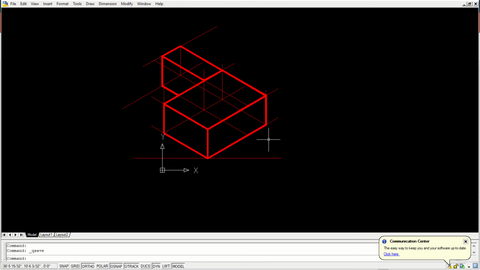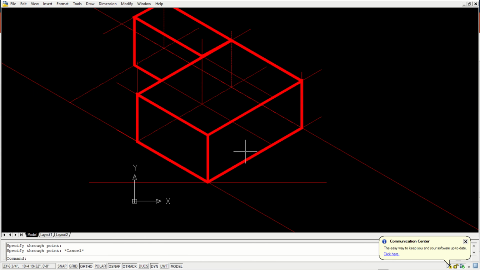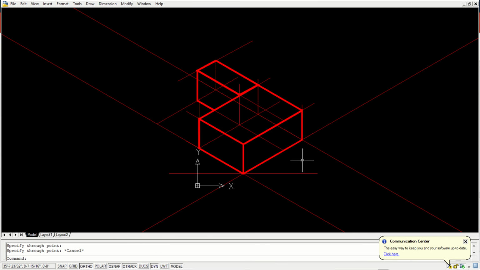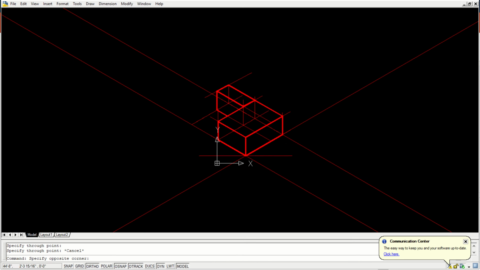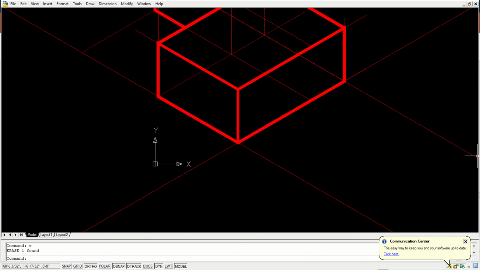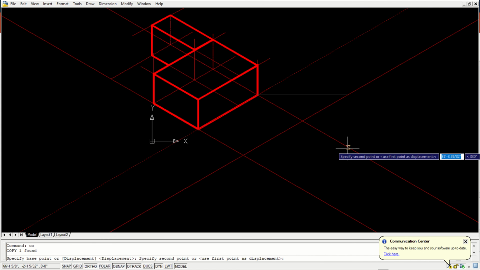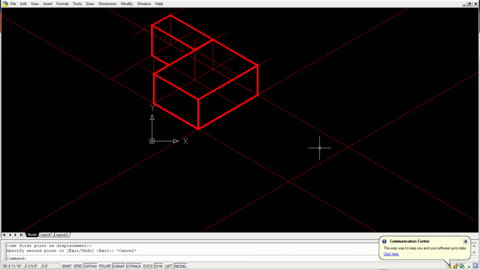What I'm going to do is draw some construction lines extending from this object. So I have drawn one line from here, one line from here. Let us assume that I am going to make a drawing here. I want to project that drawing here.